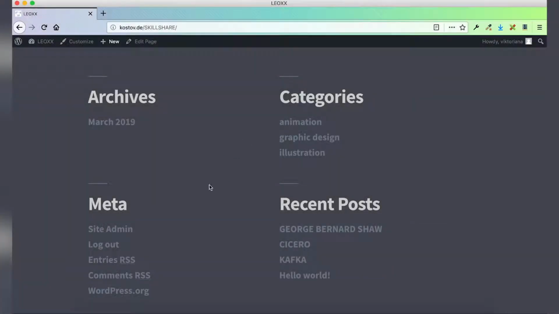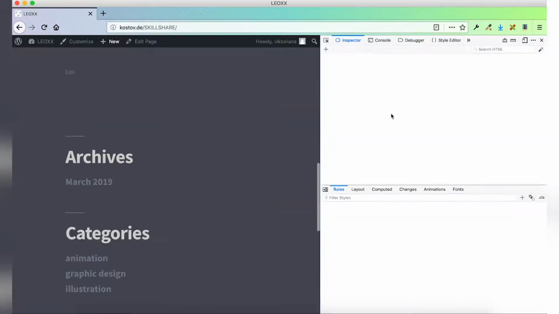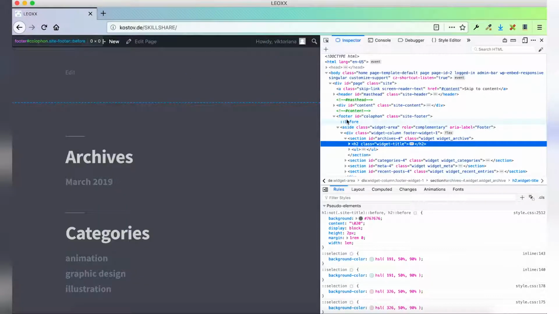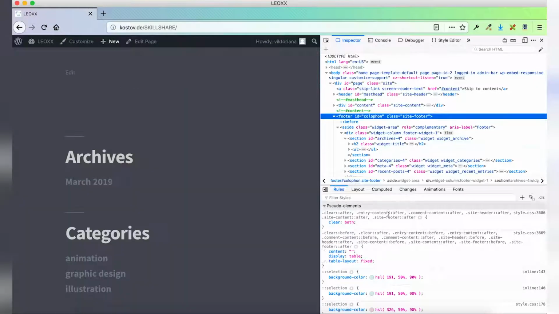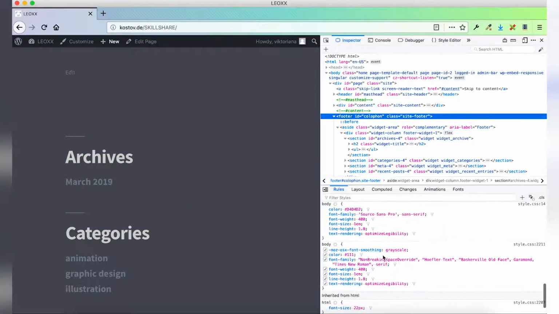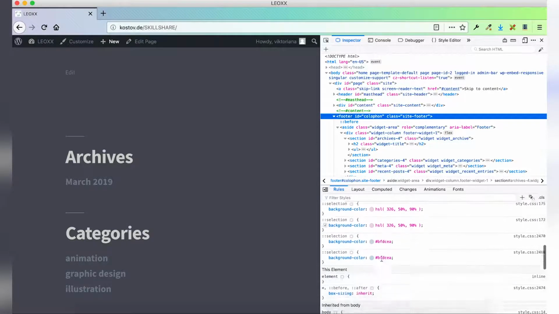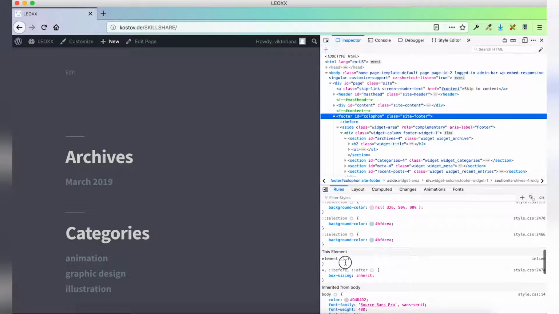To change the appearance of our footer, first I want to change the background color. So I'm going to check in the web tools what is happening with the footer. There it is. There is no declaration of background color, and of course it's taking over the body background color declaration. So I'm going to make one here,